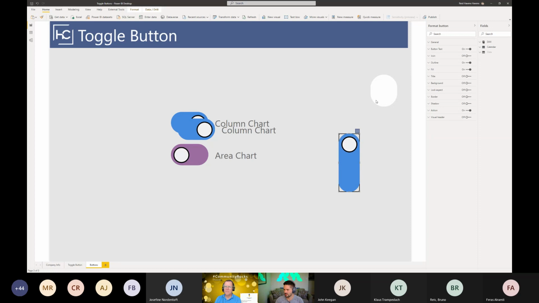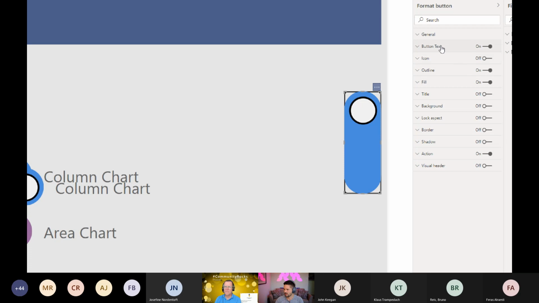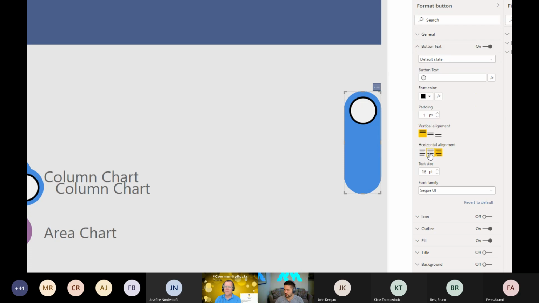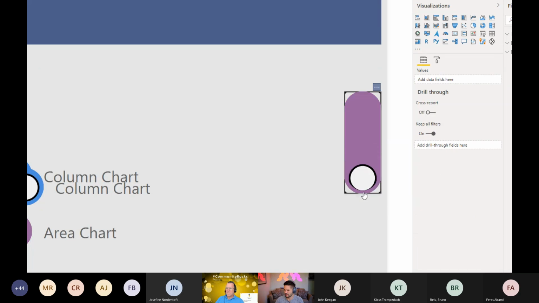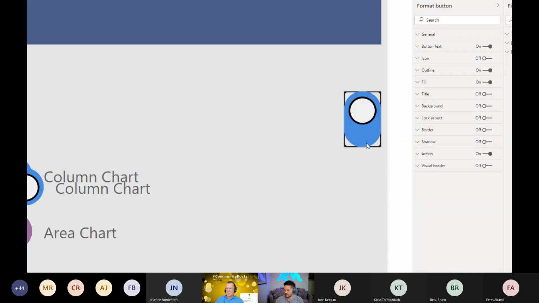And instead, get rid of this. The default state, I want them all to be here, and then top, middle, there we go, press bottom. And probably have it a little bit shorter. Yep, there you go. Nice.